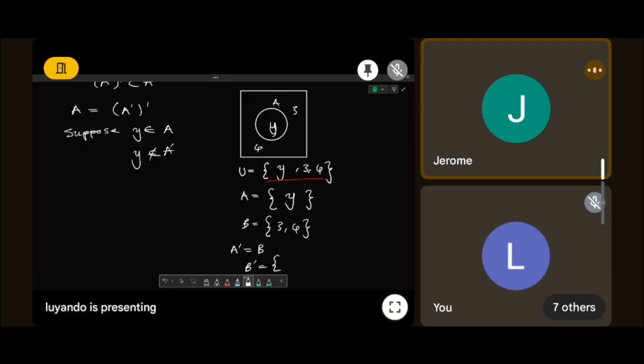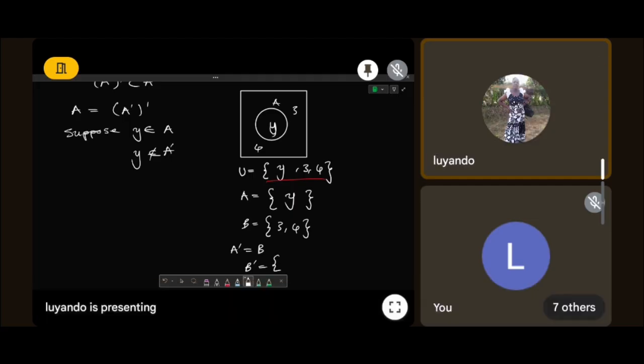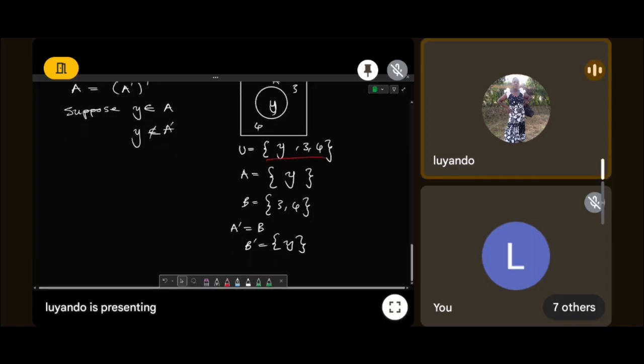You said B complement. Yes, B complement would be equal to what? Would be equal to y. Okay. Does someone else have a different answer? Or we've all chosen y to be our B complement? So if we've said that y is our B complement,